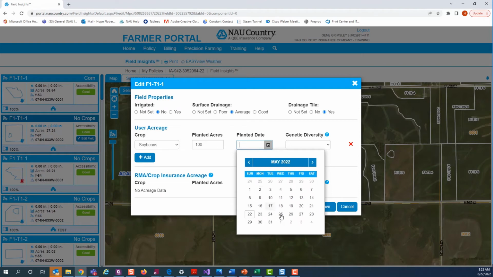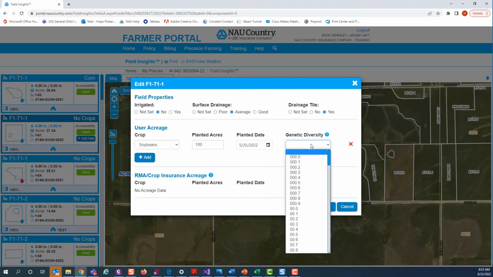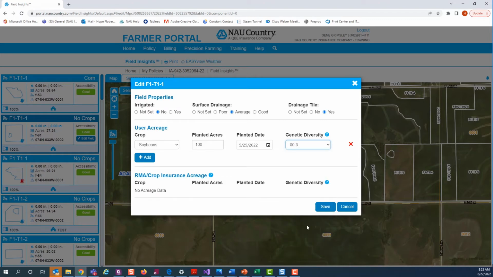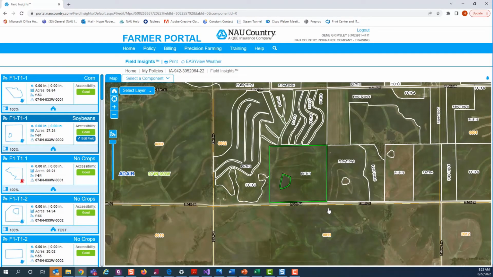Again, I'm going to go back to the month of May, enter in the 25th. Since I'm on soybeans now, it is looking for different information for the genetic diversity. I'll come in here, key in that information, and again, hit Save down at the bottom of the screen. We'll do one more over on this side, and then I'll hop over to the fields to show you how